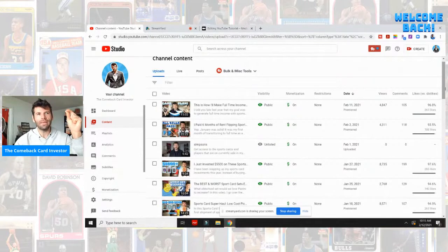So something better would be the title, "This is how I paid off my car with sports cards." Because now if you made money with sports cards and you used it to pay off your car, well, then paying off your car is a lot more powerful. That's a lot more of a benefit for people than just, oh, make money. Yeah, but the only reason to make money is to pay off your car or go on that vacation or pay off your student loan or whatever else. So you want it to be very relatable,